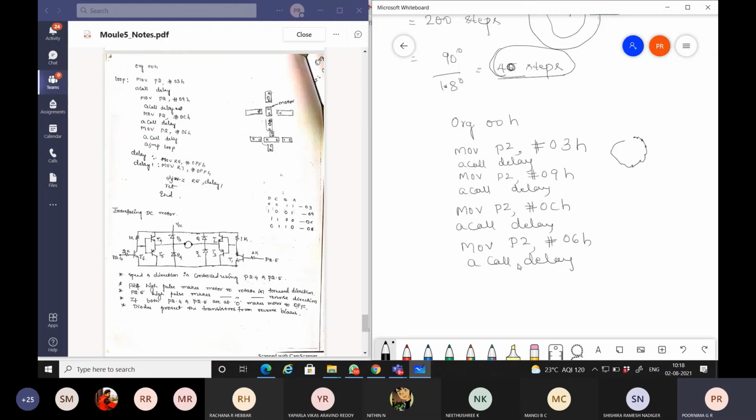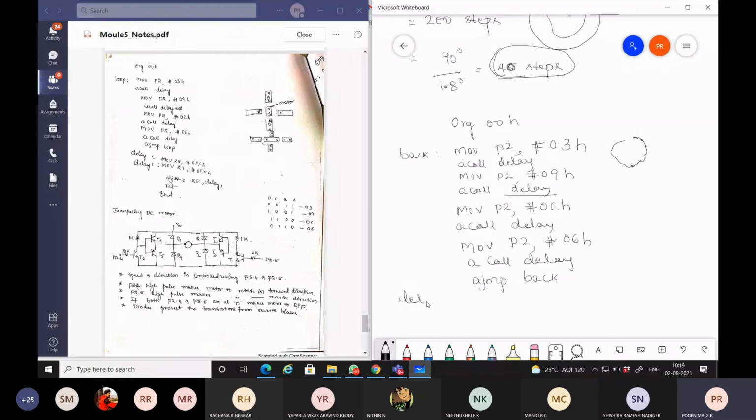Okay, now if it has to be kept in a loop, what I can do is a jump to loop back, so that it starts again with the same energizing code. Then for the small delay, we need to write a program.